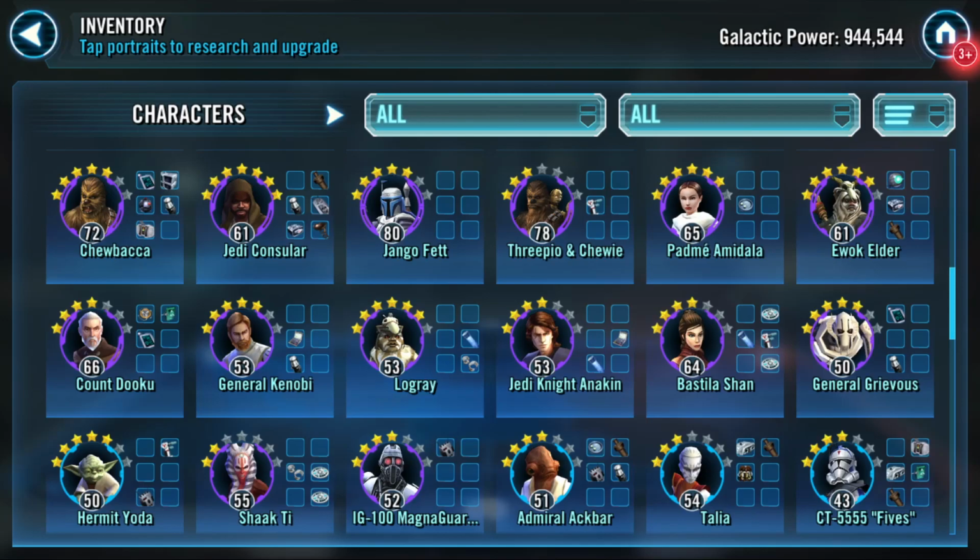Sorry for all this downtime. I'm just messaging you right now. Geos, Phoenix, and Padme on defense. Okay, yeah, that's pretty much what I'm saying. Well, what do you do with... Oh, because your Bastila Shan's not leveled up. I was like, what do you do with your Jedi team? I'm just quickly going to reply saying,